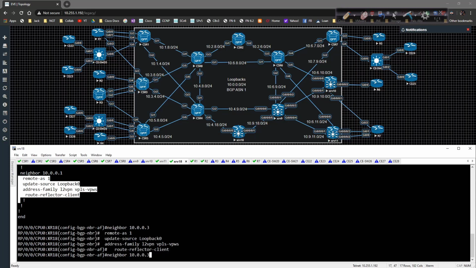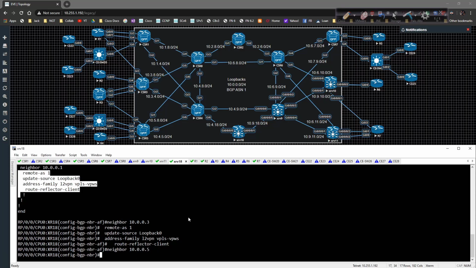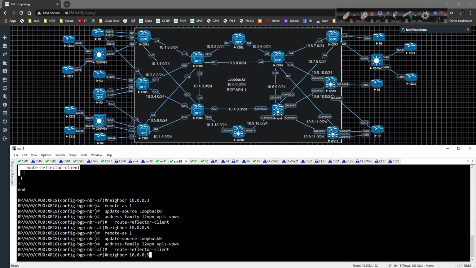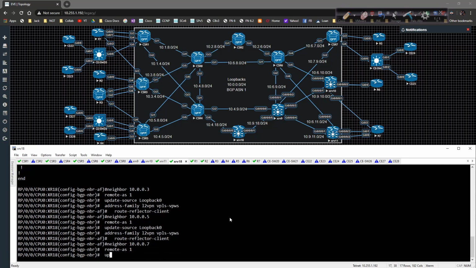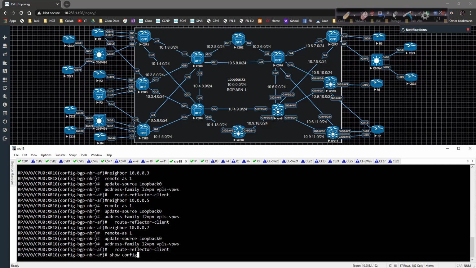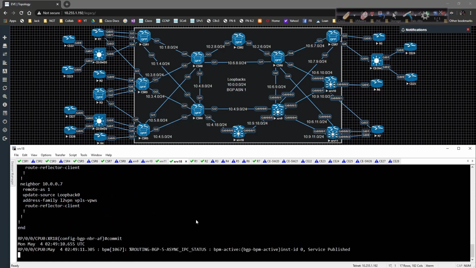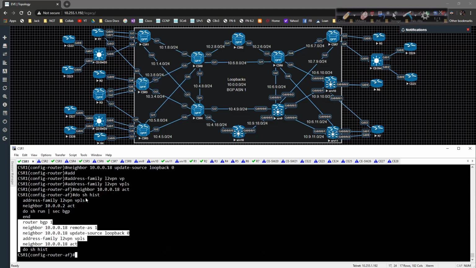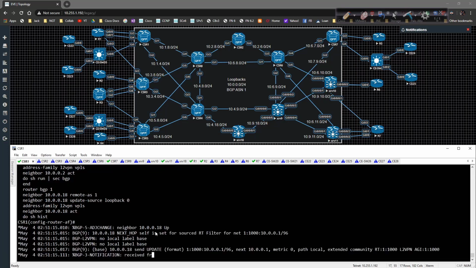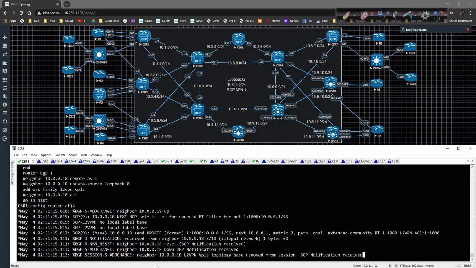and 5, and then 7, and then we're going to do a quick show config. Alright, so what's going to end up happening here in just a moment is we're going to commit this config, right? We're going to start getting errors on CSR 1, 3, 5, and 7. And the error that pops up is going to be,